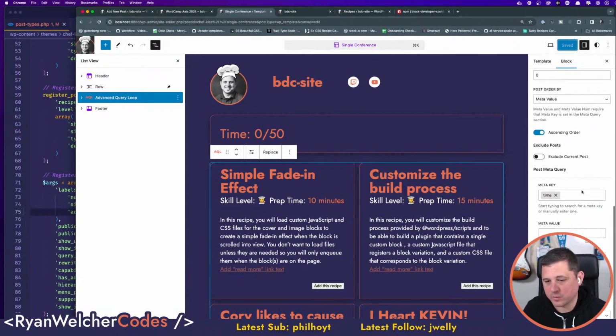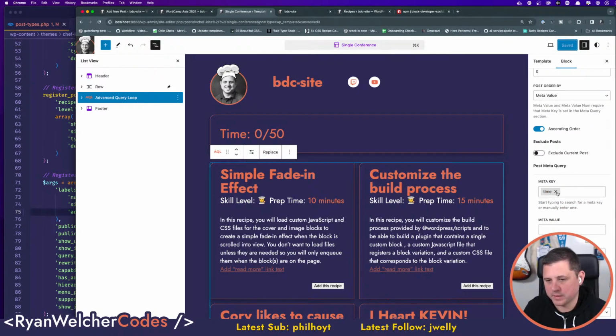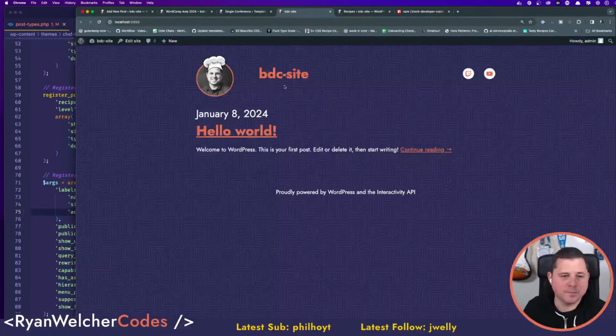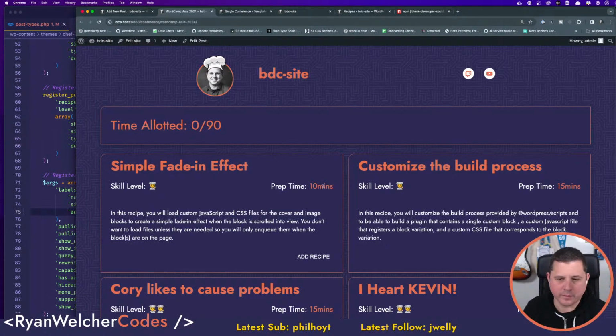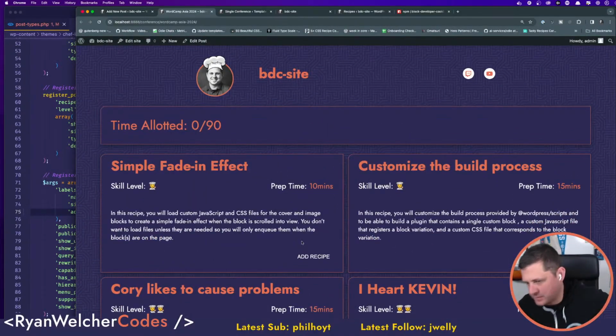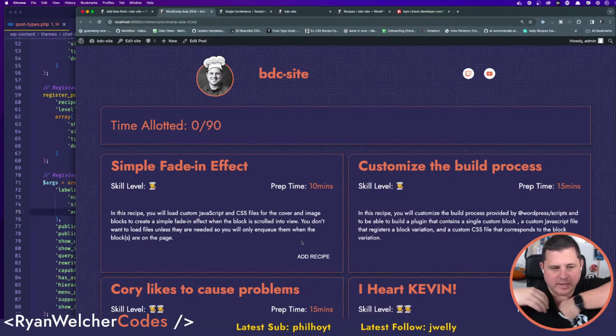What I'm doing here is I want to sort my posts by the meta key, the time to completion. You can see we got 10 minutes, 15 minutes, 15 minutes, 20 minutes, and then 45 minutes. So that's how I figured I'd do that.